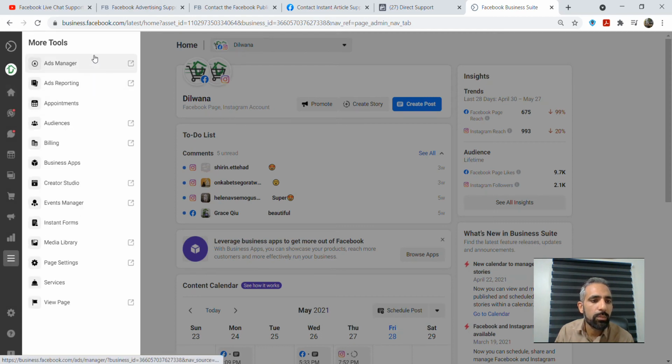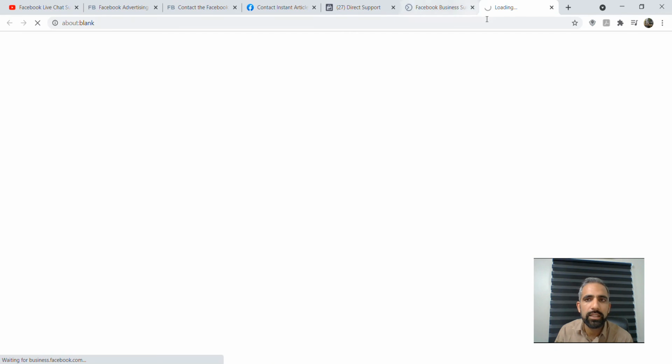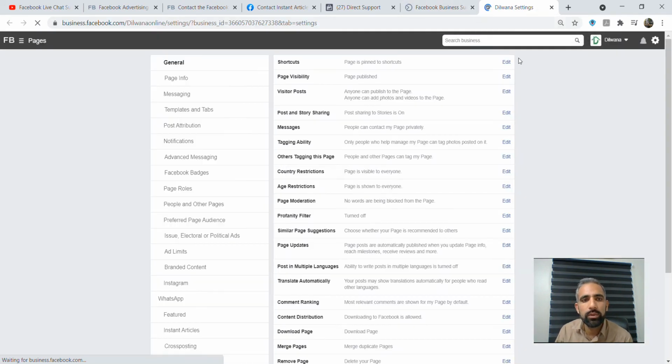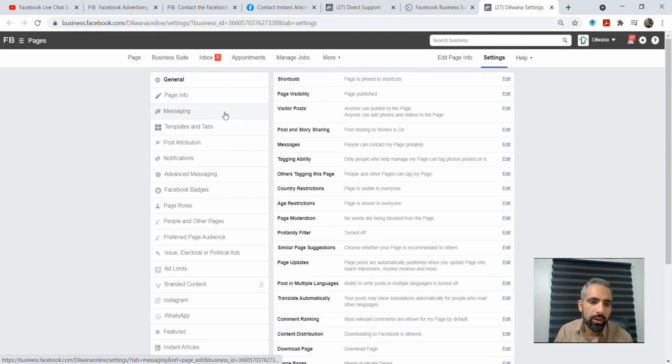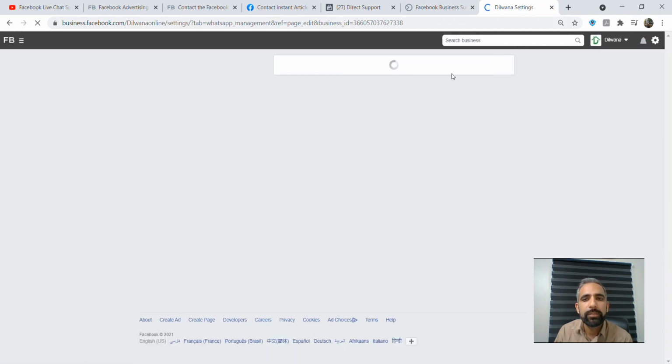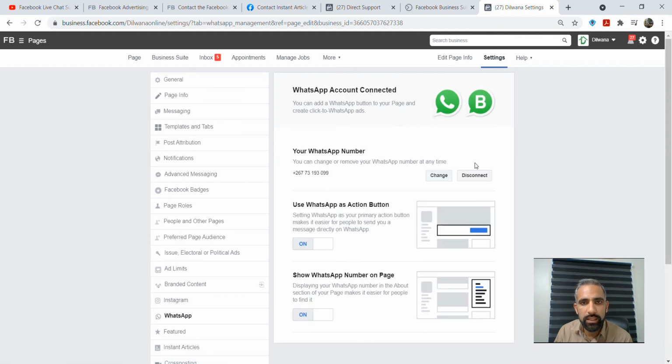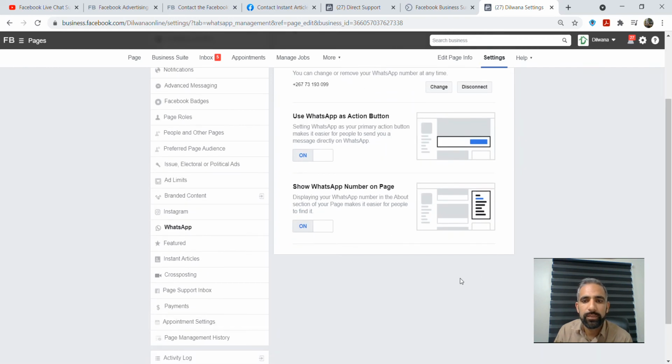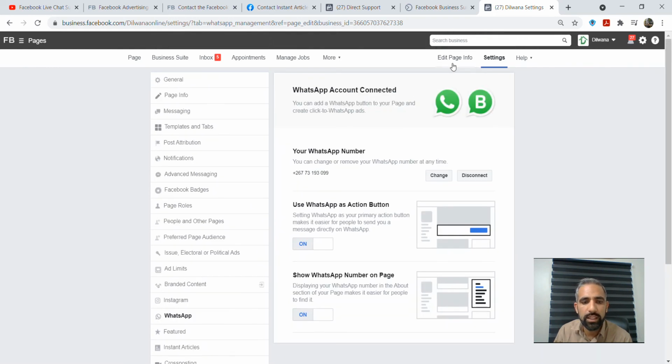Then after you click on More tools, you can see different items, different menus. You just go to Page settings, open the Page settings, and a new window will open for you. In the new Page settings, on the left is written WhatsApp. You just click on WhatsApp, and then on this side you can see whether your WhatsApp account is connected or not connected. So this is the second part where you can check if your WhatsApp is connected or not. After you make sure that your WhatsApp is connected here, and it's written connected, and everything is showing here,